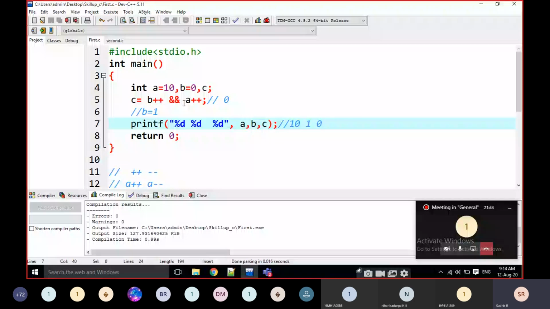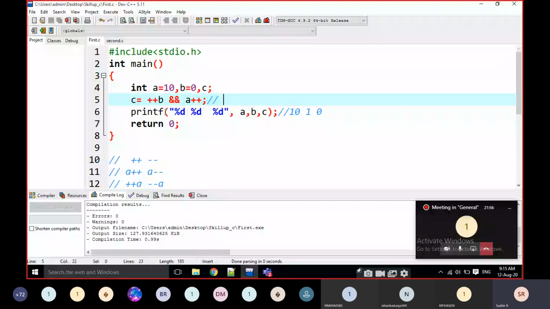Next statement. For example, if I write it like this, with plus plus, then what is the output here? The output is 10, 1, 1. What is it? The output is A value 11, 1, 1. A value is 11 because of A plus plus, right after the statement. At this position, it is going to be taken as 1 and 10.